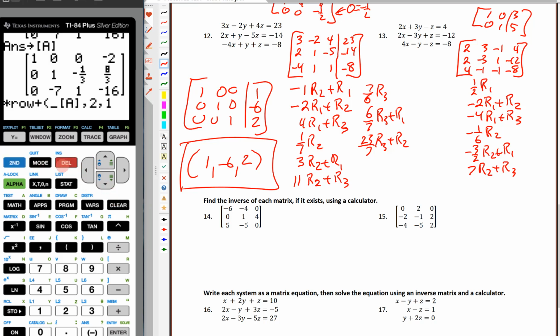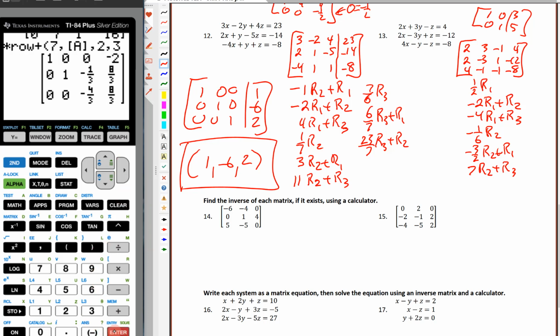So I'll insert this, and that is a 7. And we're going to multiply row 2 by that, and we're going to add it to row 3. So there we go. That was kind of a mess. Okay, but it did what we want, so we're in good shape there. So I'm going to store that,